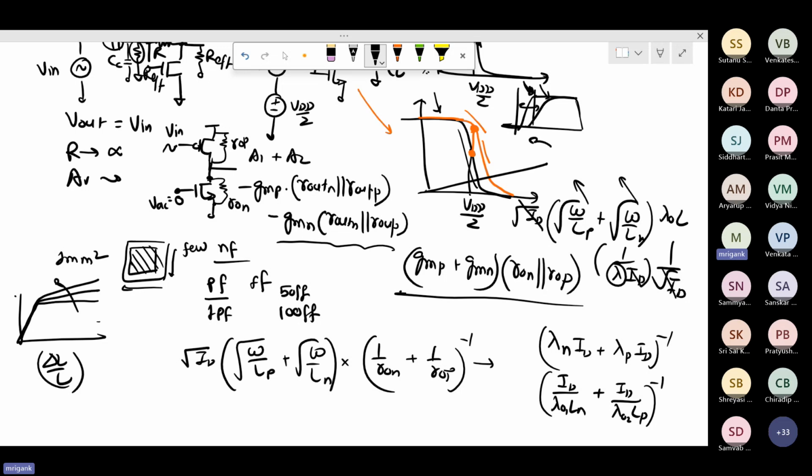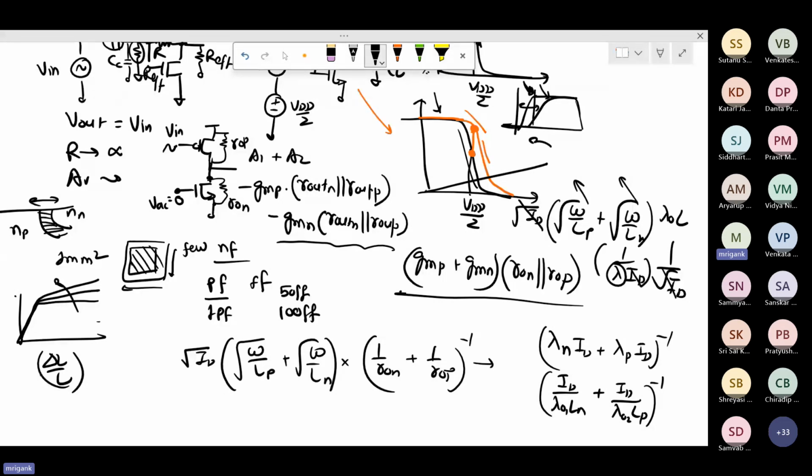Delta L is dependent upon the applied voltage, bias current, the doping concentration, etc. It depends on how much depletion region you are creating over here, and that is dependent upon the bias voltage and the doping concentration on the NP side and NN side. But if your total L is large, then the fractional change in the length, delta L by L, is small. Therefore, the overall RO becomes larger. Effective channel length resistance becomes larger if your channel length is bigger.